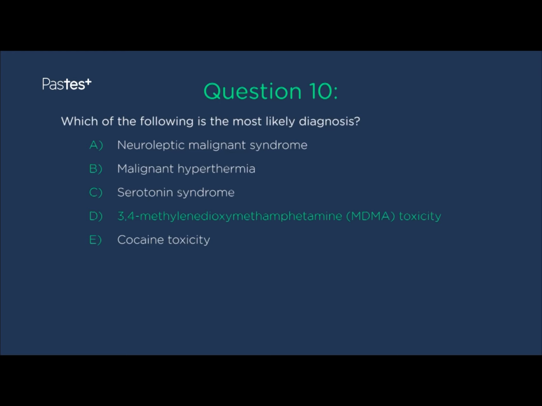In terms of treatment, one would want to cautiously hydrate. Fortunately, her sodium is 140, remembering that in some of these cases, when we say the patient was out looking for water, they might drink themselves into a hyponatremia. And so you have to be very careful when you're rehydrating these patients. But her sodium is at 140, so we would have cautious rehydration, and you could also consider alkalinization of the urine because she has rhabdomyolysis. You would also treat with benzodiazepines for the associated agitation, and you could also consider, if necessary, in